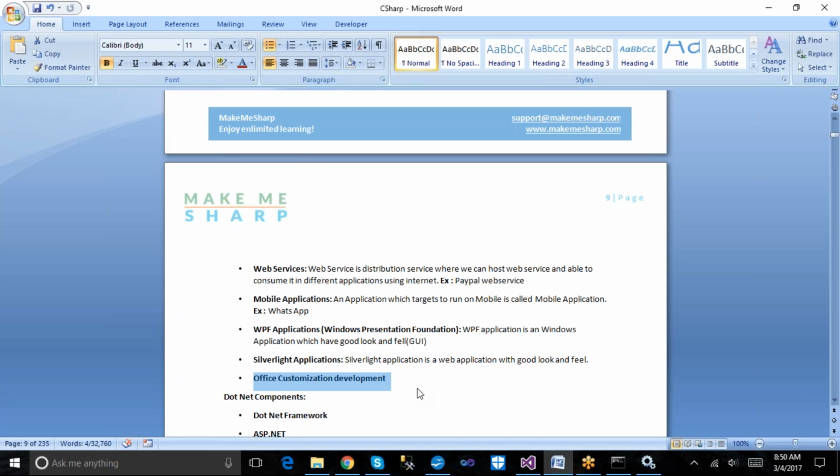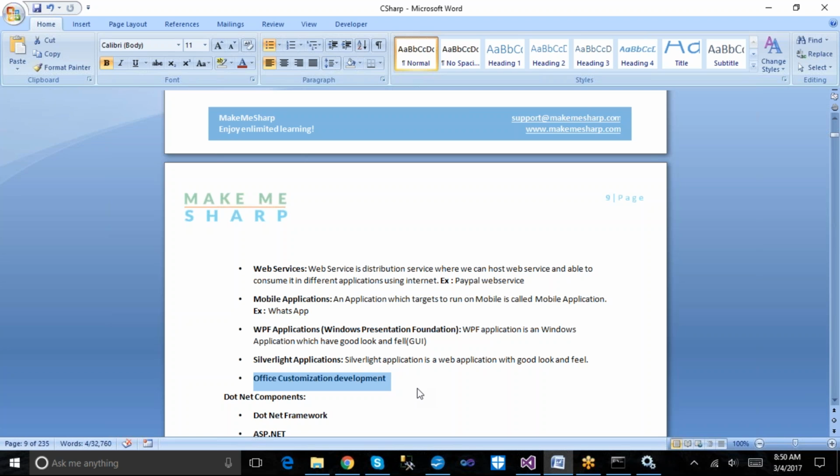This is a great feature which Microsoft provided for all our Microsoft Office components, like Word, Excel, PowerPoint, Outlook and OneNote. For all of those we can develop add-on or add-in applications with the help of .NET. Those we will simply call Office customization development.